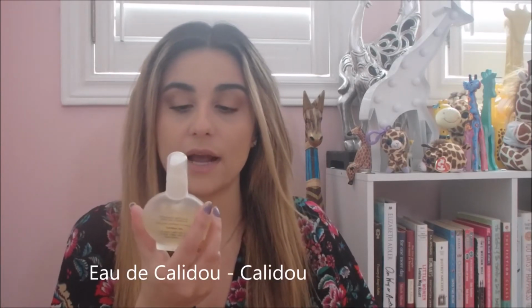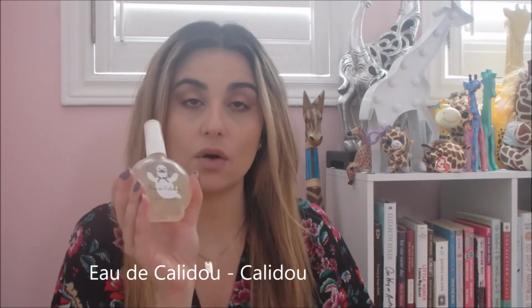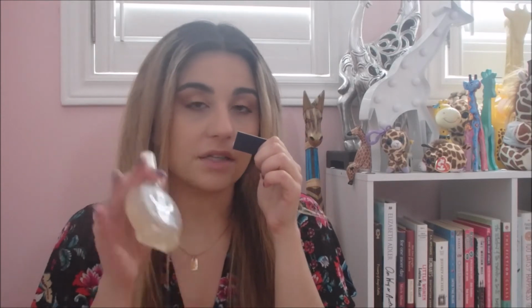Then another brand that's probably going to be harder to find, it's actually a Canadian brand called Calidou, and this is Eau de Calidou, and it's a baby perfume. So it's alcohol free. It's very, very clean and baby-like, obviously. But it's powdery, slightly less so than even the baby powdery ones, like the Vivienne Westwood. It's clean, it's slightly citrusy, slightly floral, but alcohol free, really, really soft,